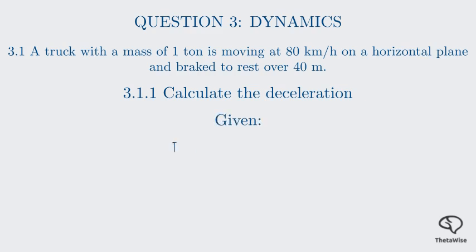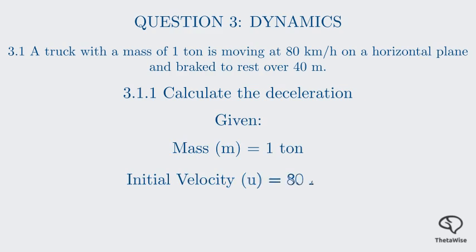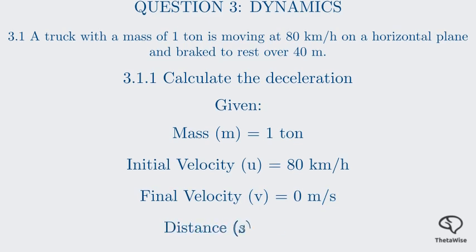We're told the mass m is 1 ton. The truck is moving at 80 kilometers per hour, so this is its initial velocity, u. It's braked to rest, which means its final velocity, v, is 0, and this happens over a distance, s, of 40 meters. A critical first step in dynamics problems is to convert all units to the Standard International System, or